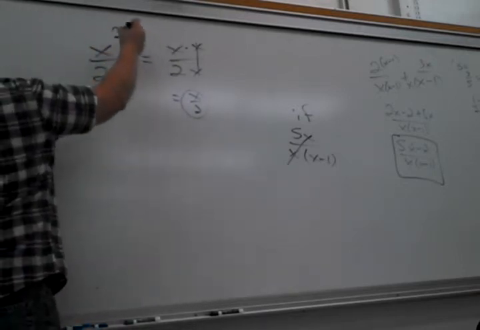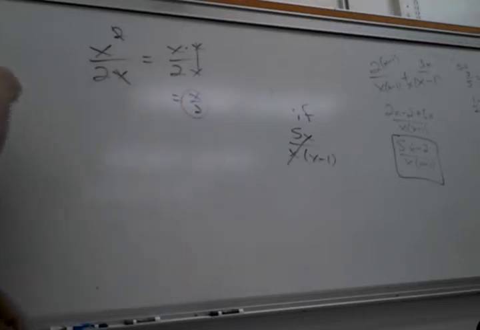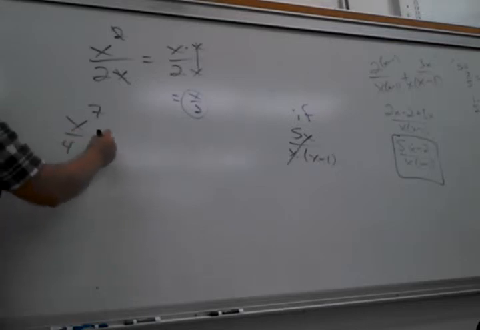Or better, don't even do that. Just say I've got 2 x's, so one of them cancels, so I've got 1 x left on top, right? So if I have x to the 7th over 4x to the 11th,